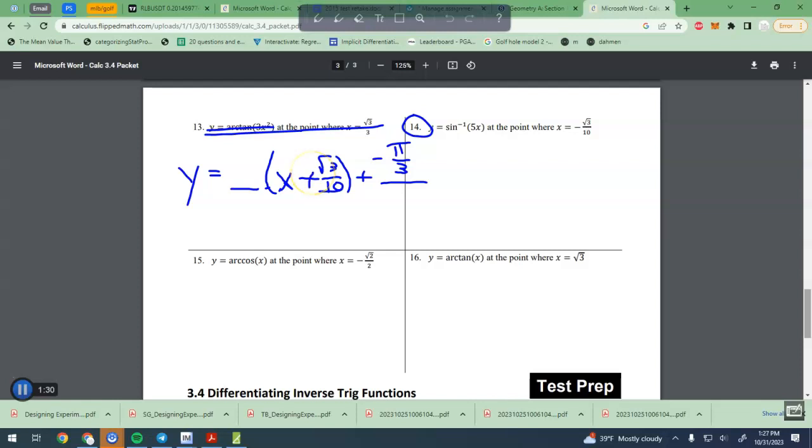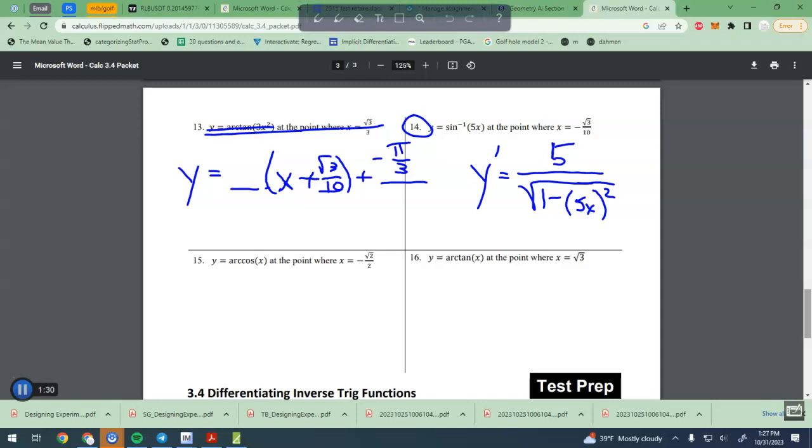Yeah, because I forgot that was negative before. So the derivative of sine, remember that, so it starts with an S, it's subtraction and it's square root. That little cheat sheet there. 1 minus whatever squared. The whatever is 5x, so I put 5x there. Then I multiply by the derivative of that, so I multiply by 5, which will just basically throw 5 on top. And then I gotta plug into